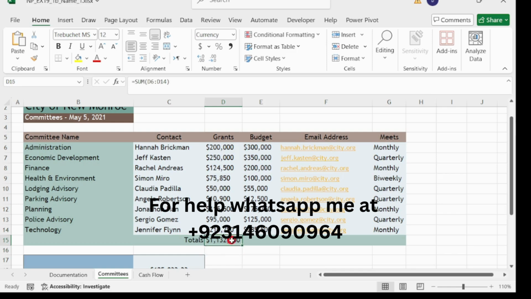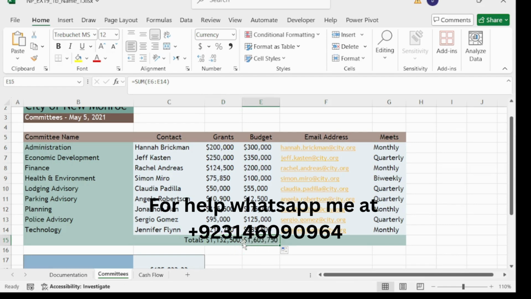Then copy the formula you created in D15 to E15. So copy this to E15, like this.